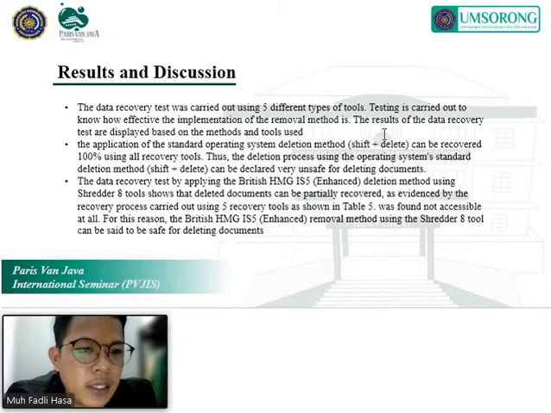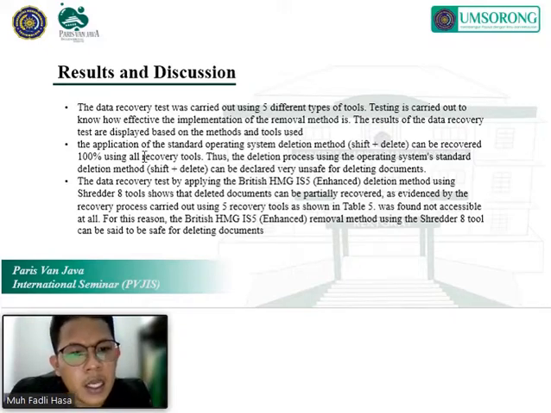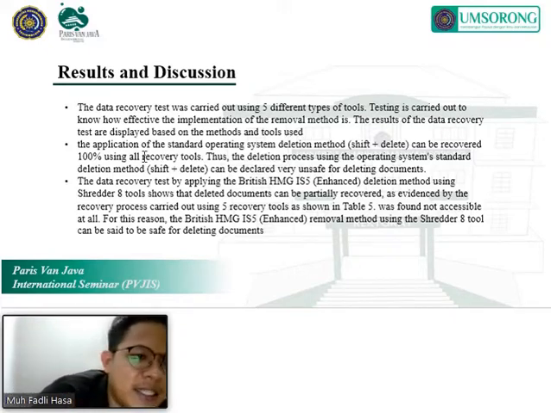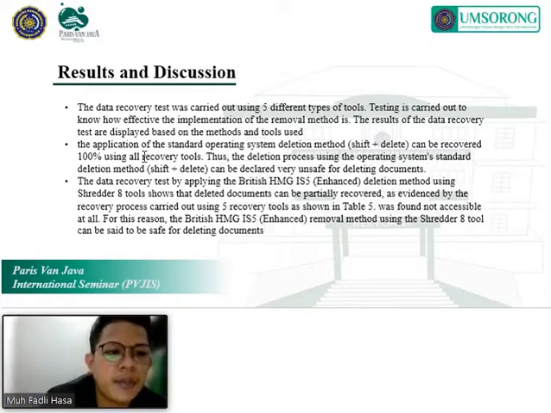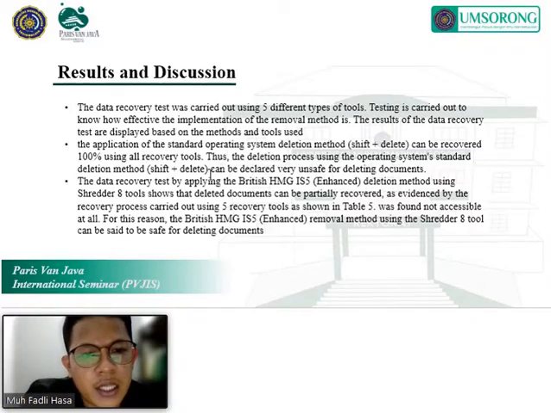The results of the data recovery tests are displayed based on the method and tool used. Data deleted with the standard operating system method can be recovered 100% using all recovery tools. Thus, the deletion process using the standard operating system deletion can be declared very unsafe for deleting documents.